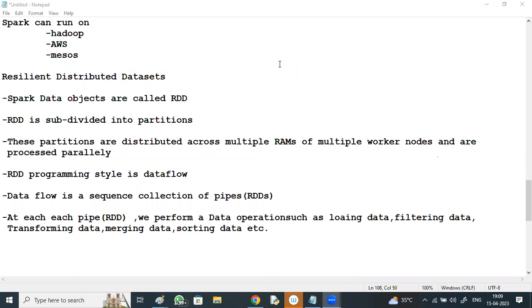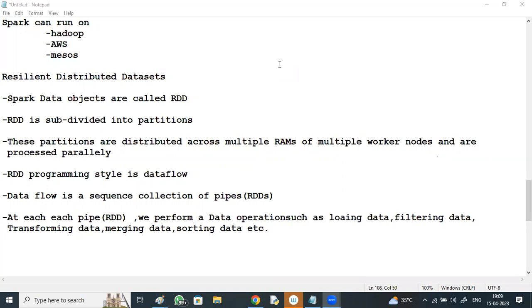But here I'm going to show you how Spark runs on a Hadoop YARN cluster. Hadoop is for storage and YARN and Spark for processing; combined, both can store huge data and process it.